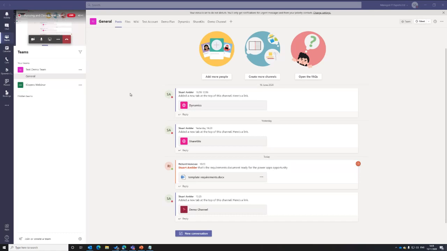And from there, that then brings us into our internal process. So here we are. We've created a team to do with this specific account and this specific opportunity. I've added to the team the people that need to be involved in this process, from the technical point of view, because obviously I'll deal with the sales side of things and the commercial side of things, but I'll need the technical requirements looked at, reviewed and created in terms of the requirements documents from our technical team. In this instance, I've roped in Richard to help me, who's been a guinea pig, posting this stuff for me on this test demo.